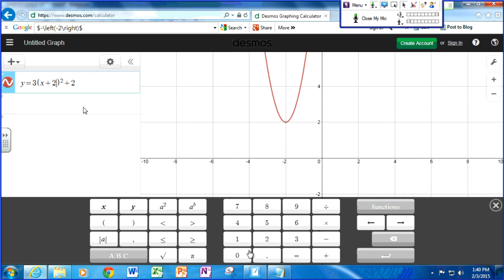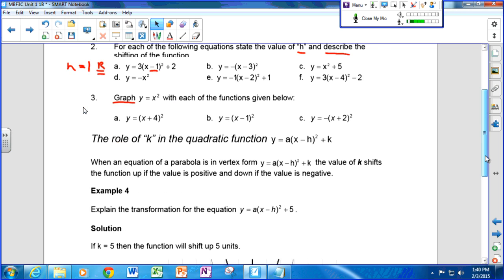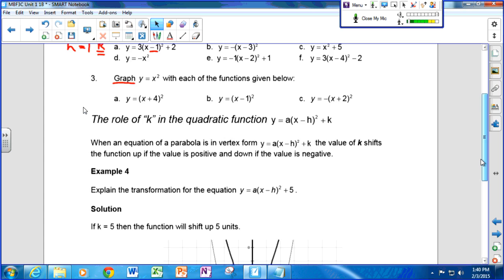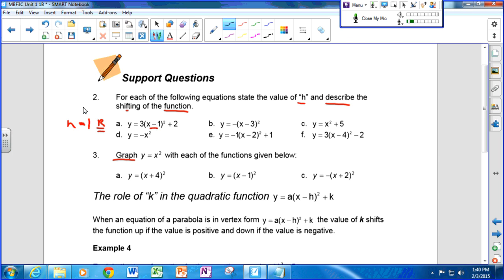All right, let's go back to our support questions. So now you get an idea of how we're going to answer these and the types of things we're going to look at. Okay, so as long as you see a negative sign in these questions, and we're back on page 9, support question 2, as long as you see a negative sign inside the bracket,